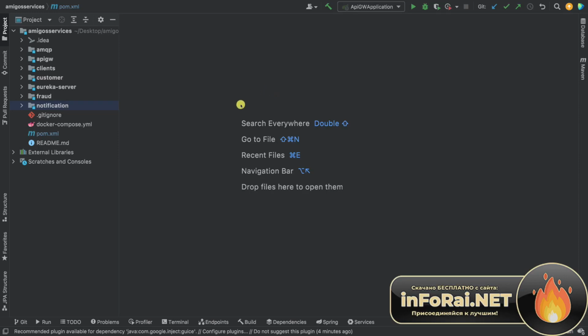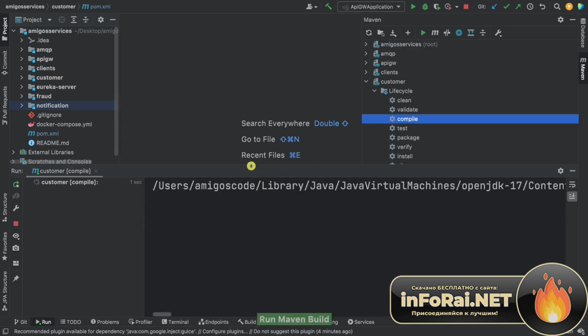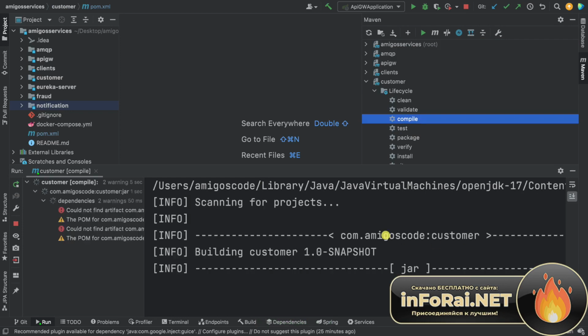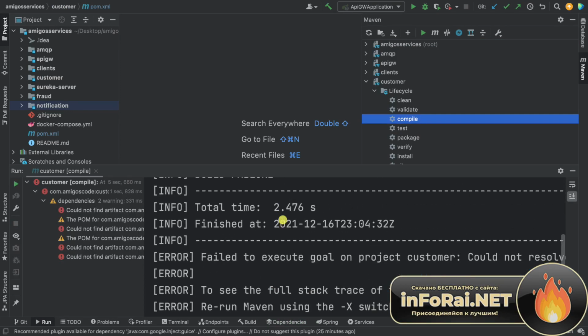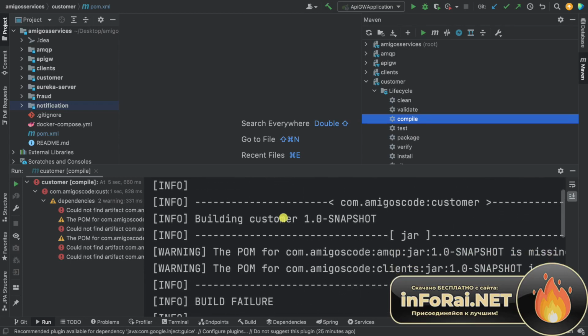So we are almost there. And what I want to show you is that if I open up Maven, and in here, let's open up customer, lifecycle, and then let's just try to compile customer and see what happens. So this gives me an error right here, and the error is